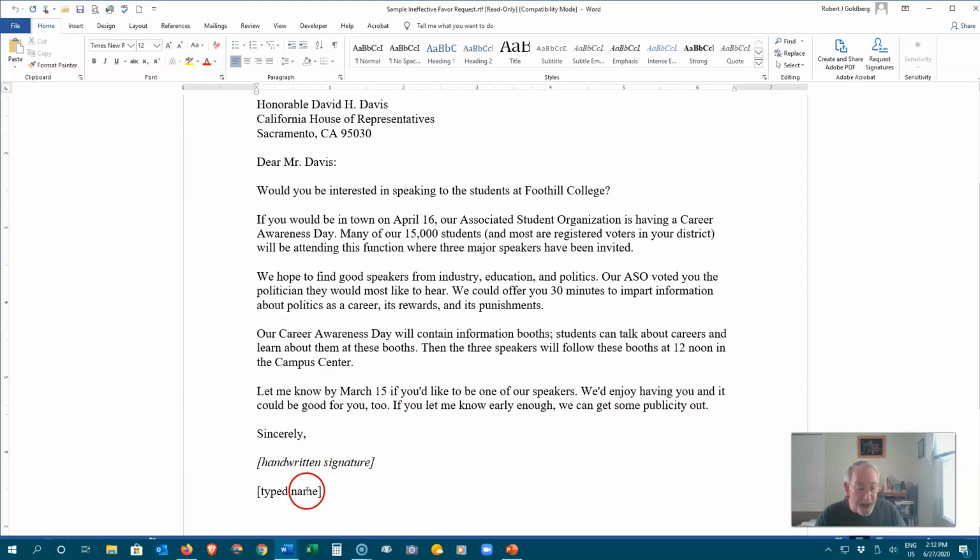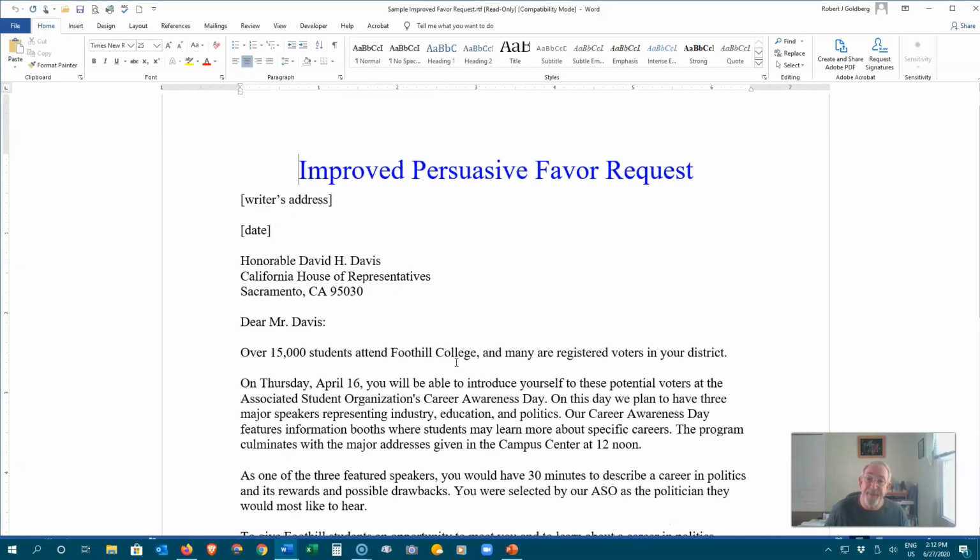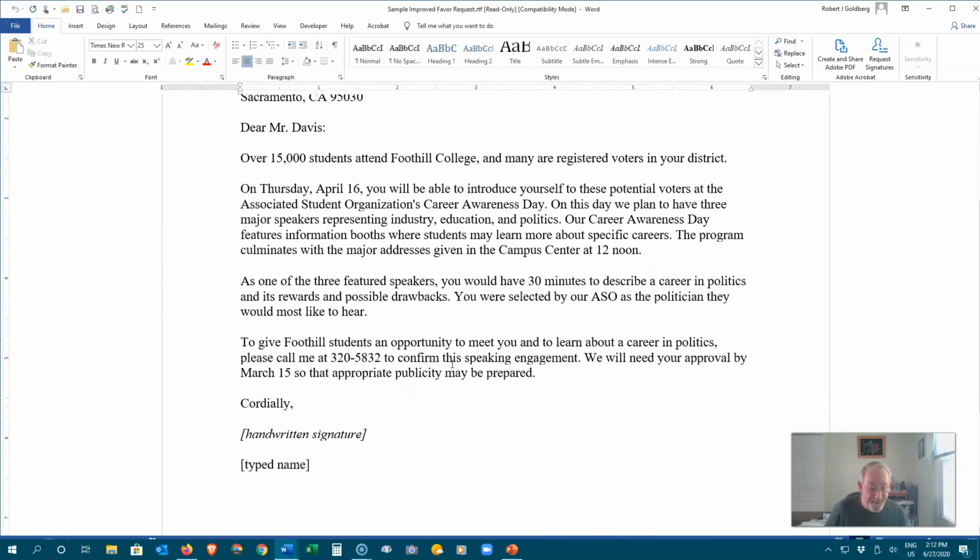Now, click on Sample Improved Favor Request. Do you see how it's improved? Over 15,000 students attend Foothill College, and many are registered voters in your district. How does this do to grab the reader's attention? Much better.